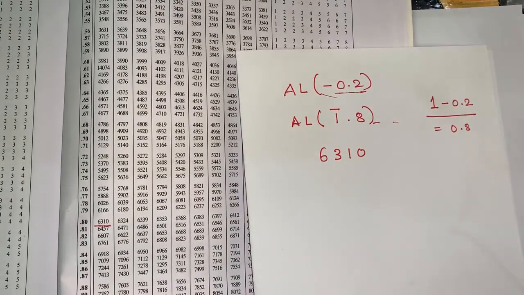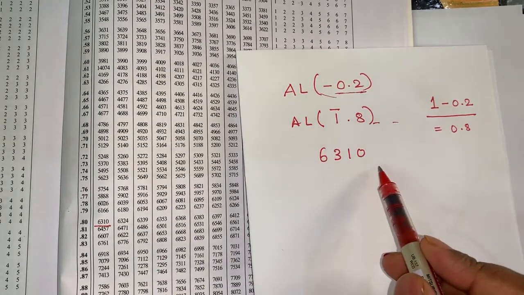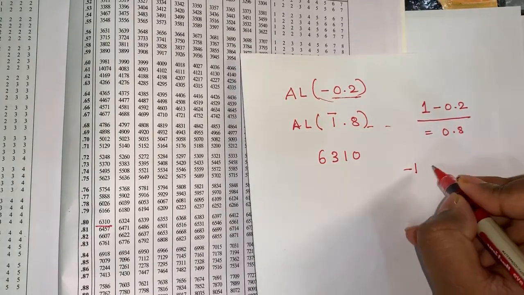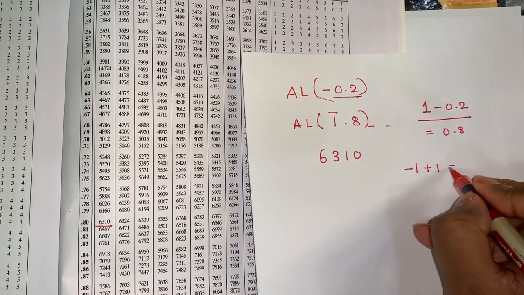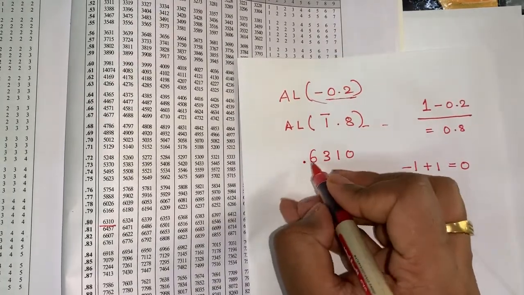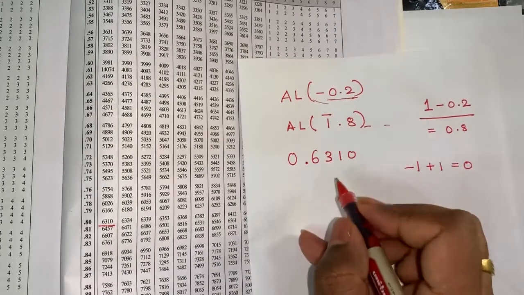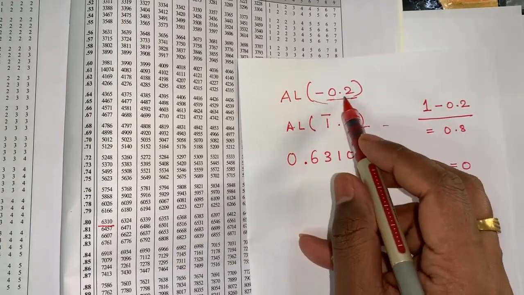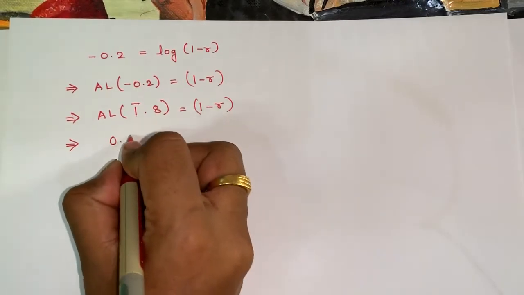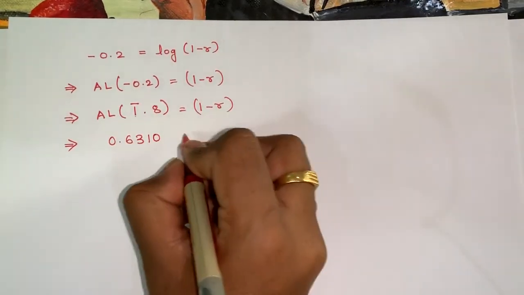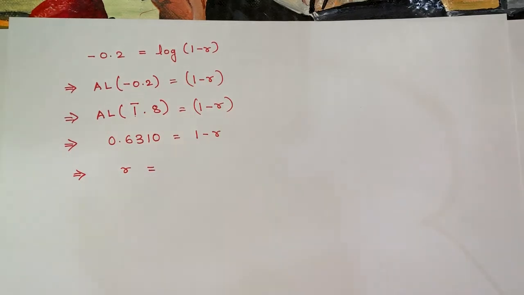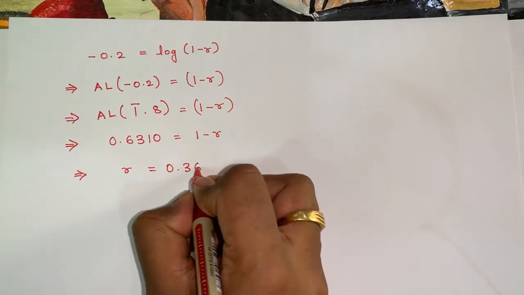Now we will apply the same logic of putting the decimal point in 6310. The logic was the value just before the decimal, here it is -1, plus we needed to add 1, which makes it 0, hence the decimal will be put after 0 digits. So the decimal point would be put here, so this becomes 0.6310, which means that the value of antilog of -0.2 is 0.6310. I hope this is clear to all. So we write here 0.6310 is equal to 1 minus r. Therefore we get the value of r equal to 0.369